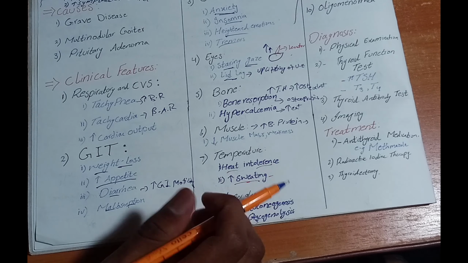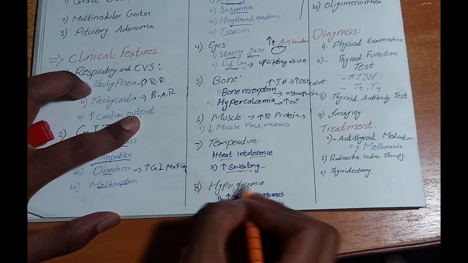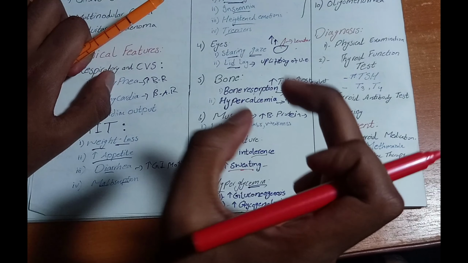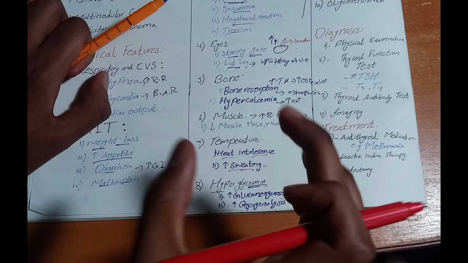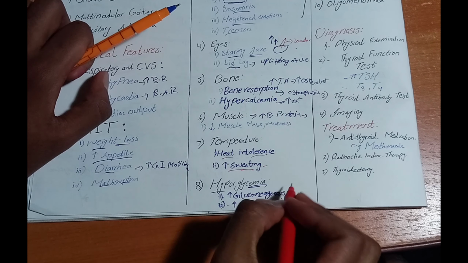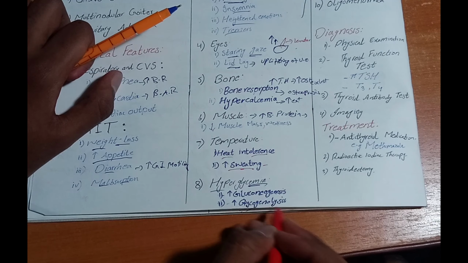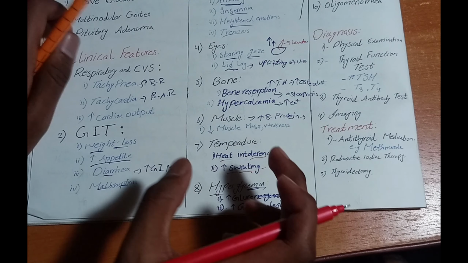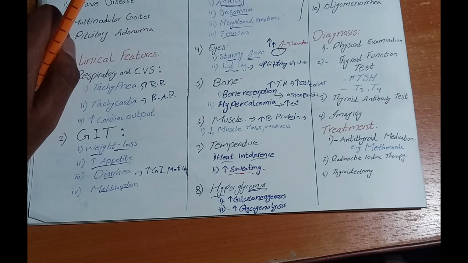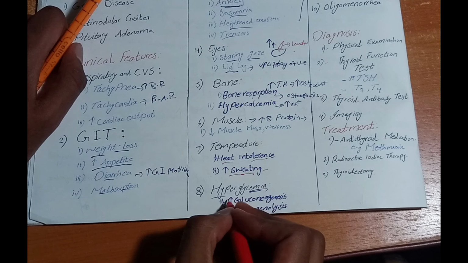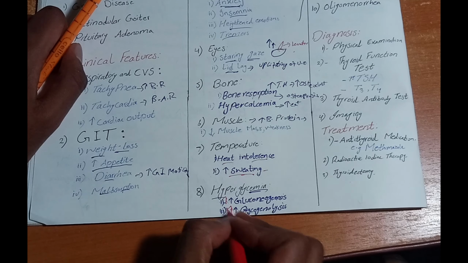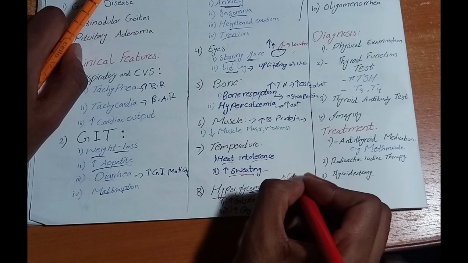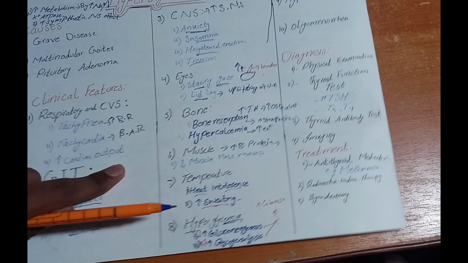Okay, then the patient also presents with hyperglycemia. Why? As we know, thyroid hormone increases the glucose in our body by increasing gluconeogenesis and increasing glycogenolysis, by forming new glucose and breaking down glycogen, which is the storage form of glucose. When hyperthyroidism occurs, this effect will be exacerbated, leading to a severe increase in glucose in our body. This we call hyperglycemia.